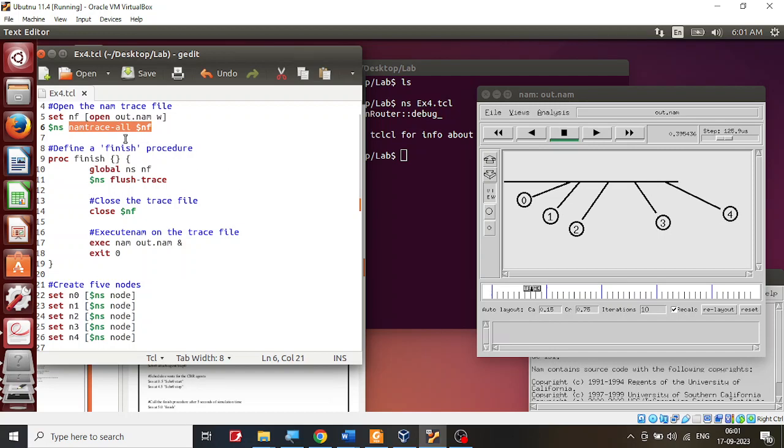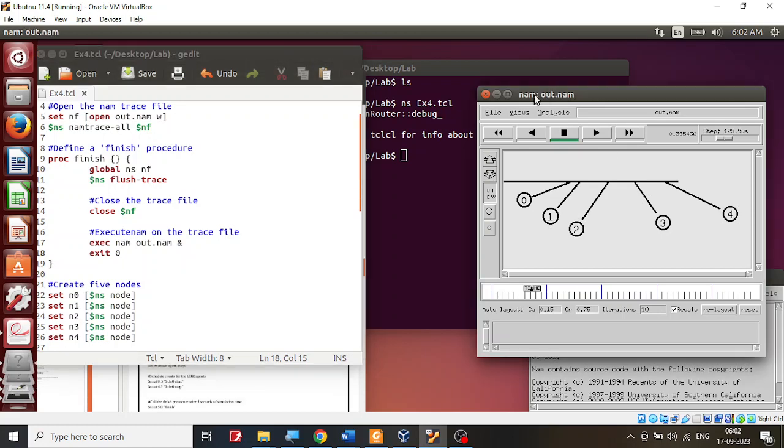Those values which are there in this nam trace, you say flush it. That means transfer everything to the file and close that file. If you have written a C program, you use fopen to open the file, and at the end, as everybody is familiar, you write fclose to close the file. You close that file, and then